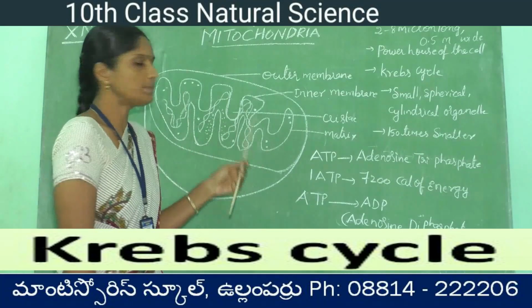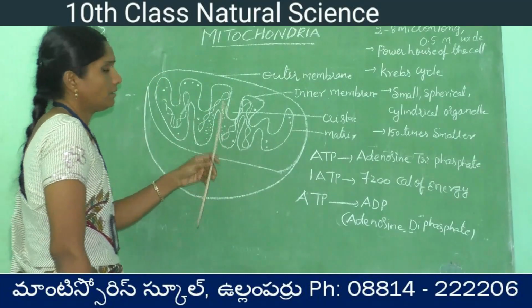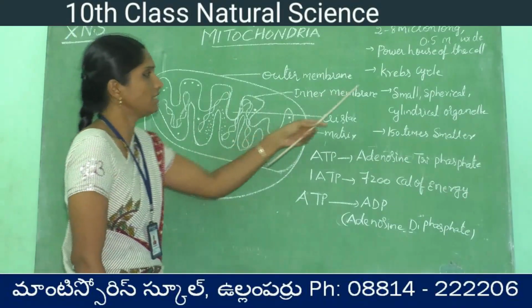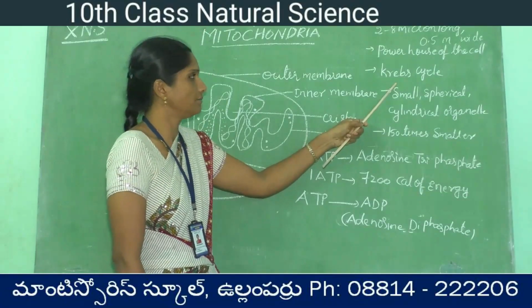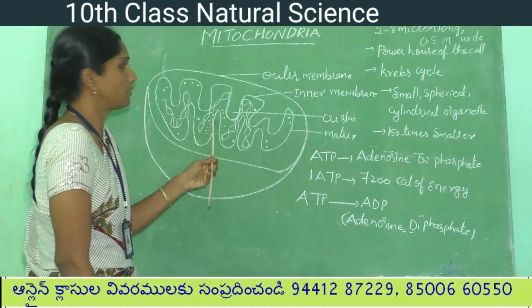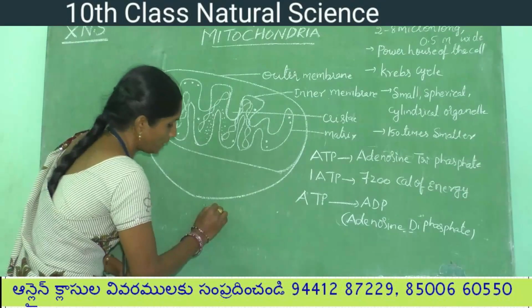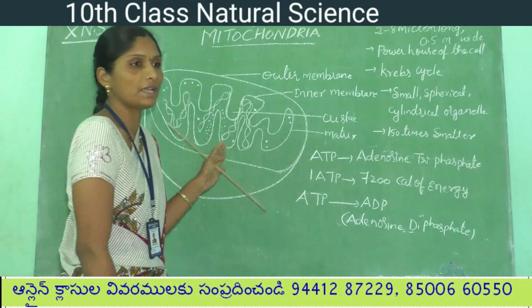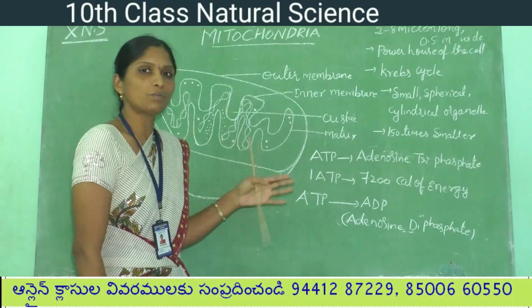Why does the Krebs cycle occur in the mitochondria? The mitochondria have enzymes and a liquid-like portion. What is the meaning of Krebs cycle? What are the processes involved in the Krebs cycle? And what happens in the mitochondria? In the first step of glycolysis, which occurs in the cytoplasm, glucose is converted into pyruvate.